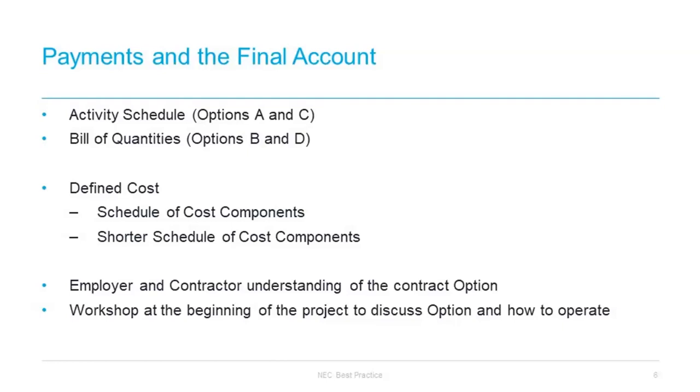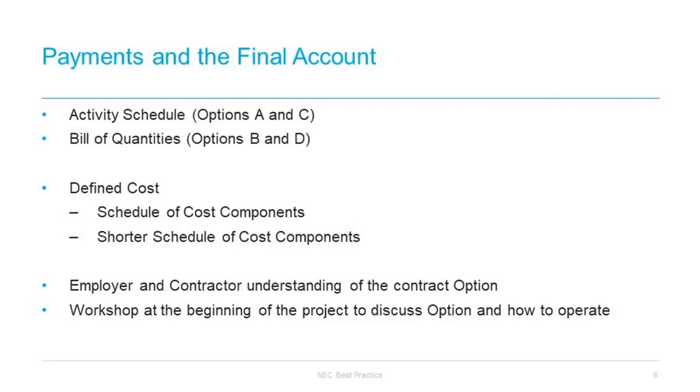That only comes into play at the end. Under option D, you're also paid defined cost of work done plus fee, and so again, that's not linked to the bill of quantities at all either, month to month until the end. Now, defined cost is separate to the activity schedule and bill of quantities and is used as a mechanism which is slightly different across each option for working out the payment aspect.